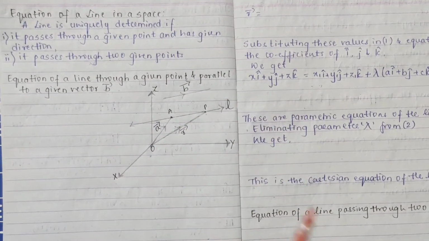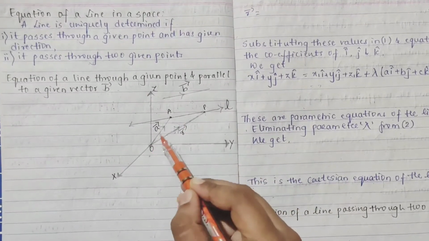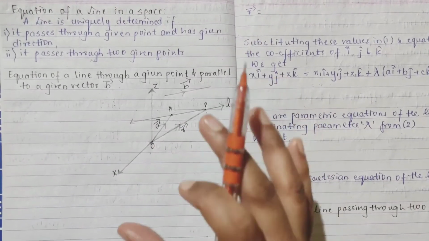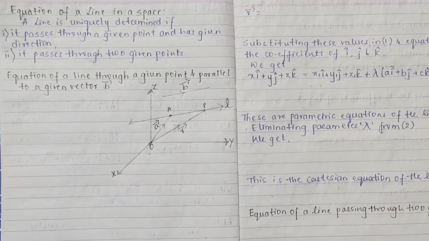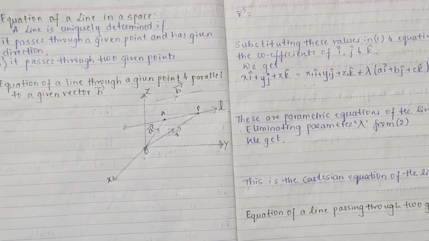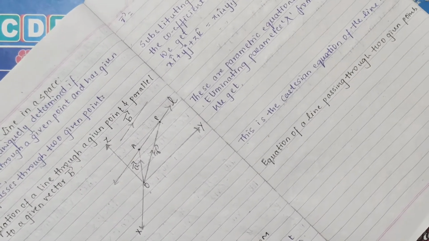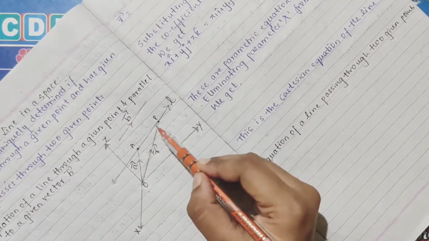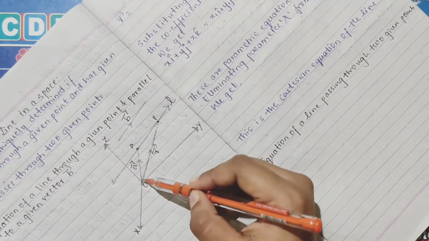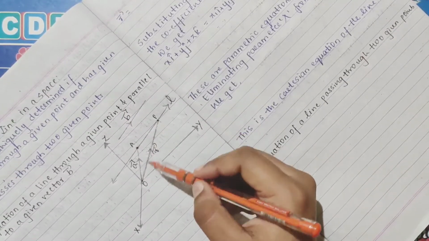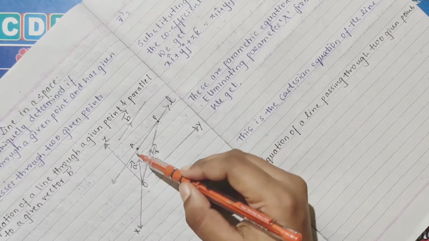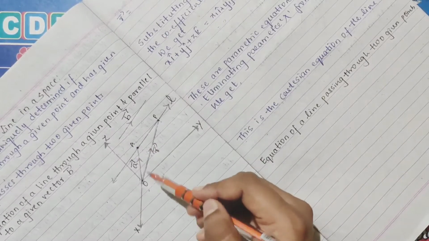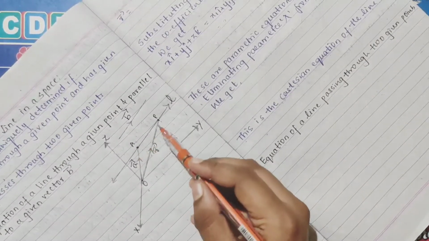Then we will equate the equation, because here you will get a right angle triangle. So we have to take help of that. You can see OAP. If you just tilt your head, or if I tilt my book itself, you will get a right angle triangle. So your AP will be equal to what? OP minus OA, right? Because this is your hypotenuse, this is your base, and this you can take as your perpendicular, right? So if you're finding your hypotenuse, this plus this you do, right? Now it is base.